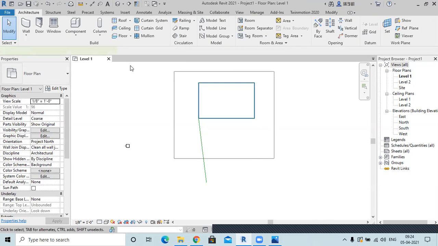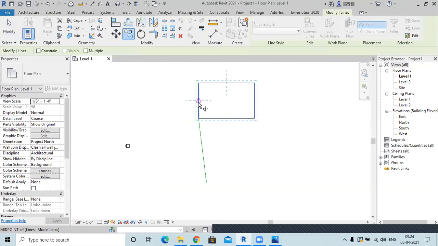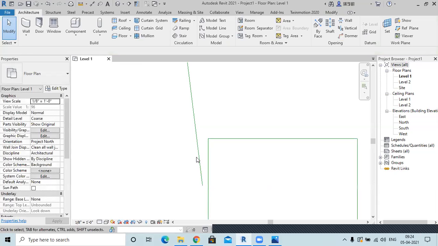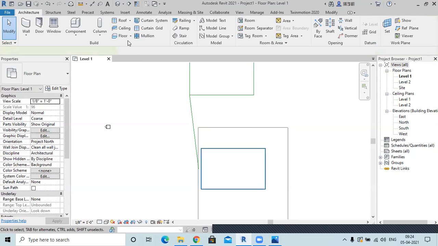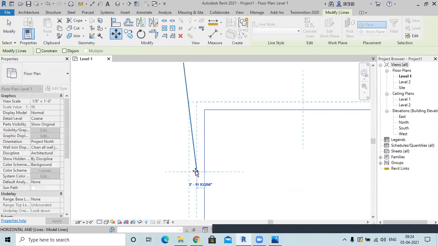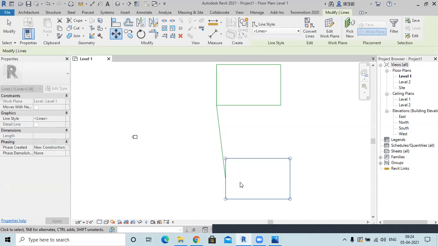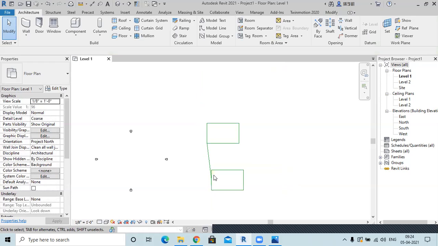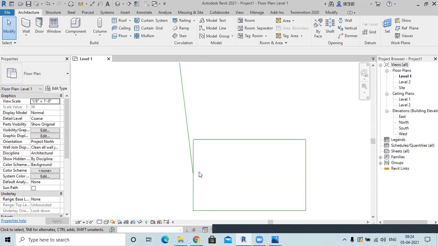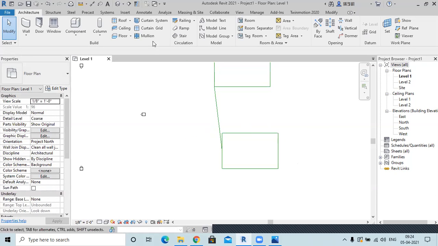Similarly, you can select it, use the copy command, put whichever reference point you want to copy, and then copy it wherever you want. I want to copy it here. So this is how I can move and copy. Now you have to be very precise when you are copying or moving to a point. You have to zoom into it and only then snap it. Otherwise this will happen, which just happened. So this is move and copy.